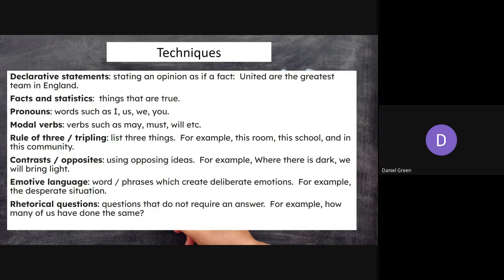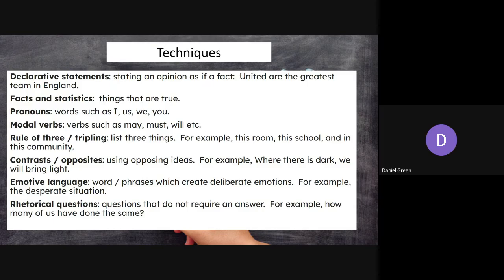They're incredibly important to use in speeches. You can use them in articles as well, but again, it's quite useful for any transactional writing task. Rule of 3 or tripling, so listing of 3 things. Now, this is important because a lot of people seem to overlap tripling with alliteration, and think that you have to alliterate in order to use tripling. You don't at all. Tripling can be just a rule of 3.